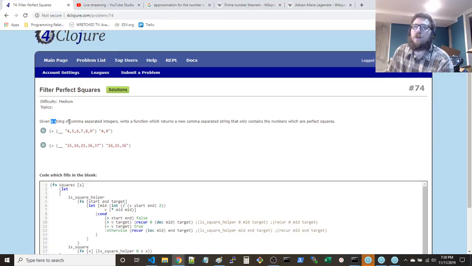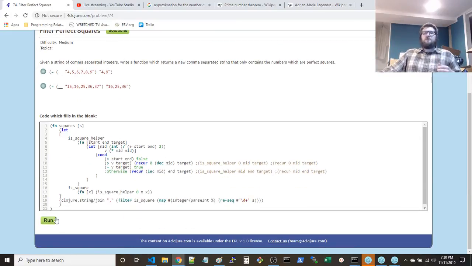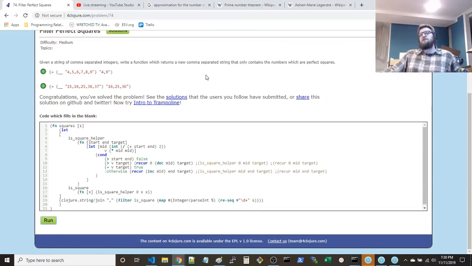So it says, given a string of comma-separated integers, write a function which returns a new comma-separated string that only contains the numbers which are perfect squares. So 4, 5, 6, 7, 8, 9, you want 4 and 9. 15, 16, 25, 36, 37, you want 16, 25, and 36. So obviously it's a very small test set, so there's a lot of sort of hacked things you can do,